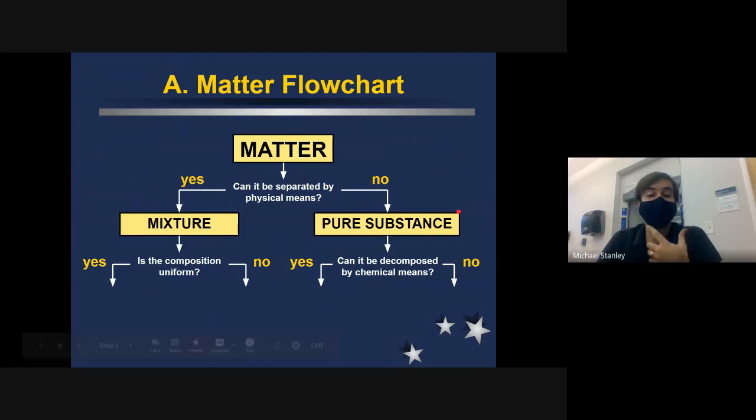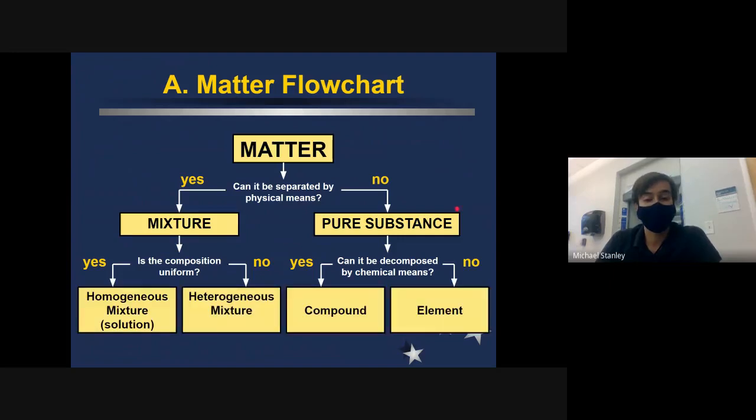So up first, we have everything that we are going to be talking about today. I know it looks like a lot all thrown up on this one slide, but I promise we'll break down each one of these things piece by piece. So if we have our matter,